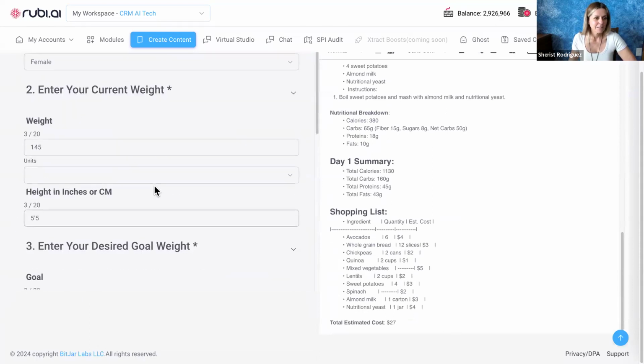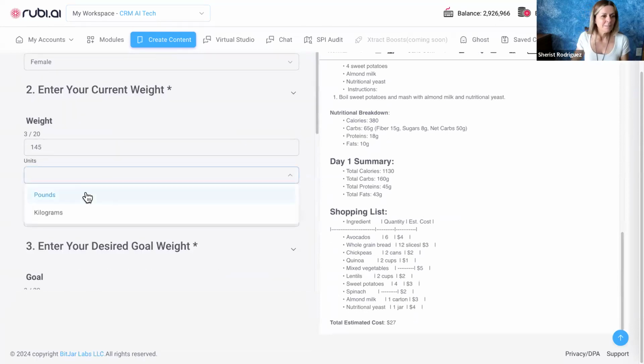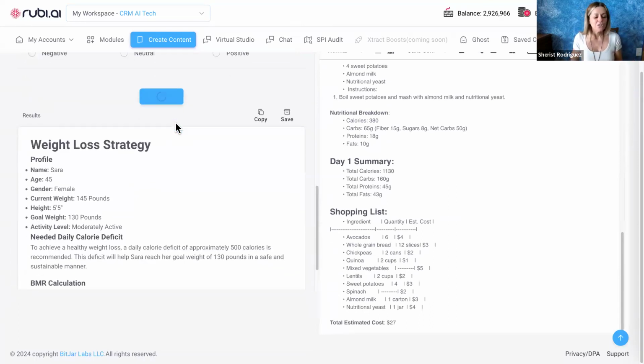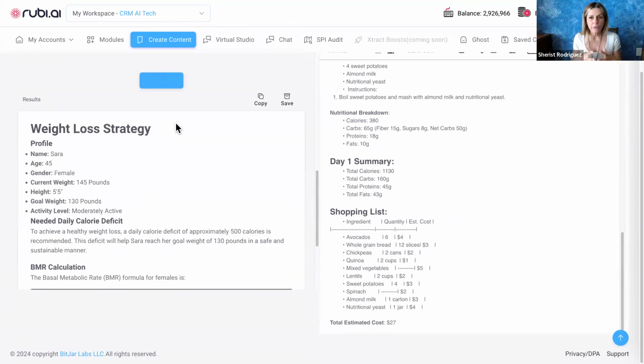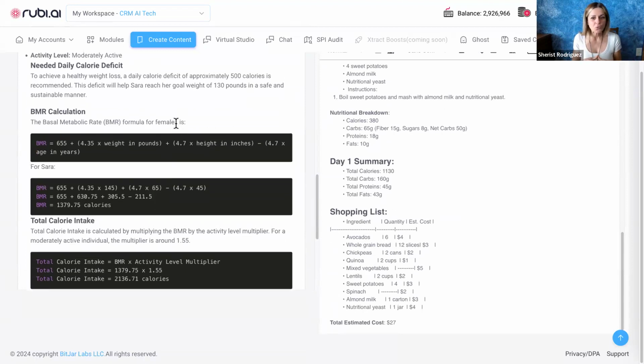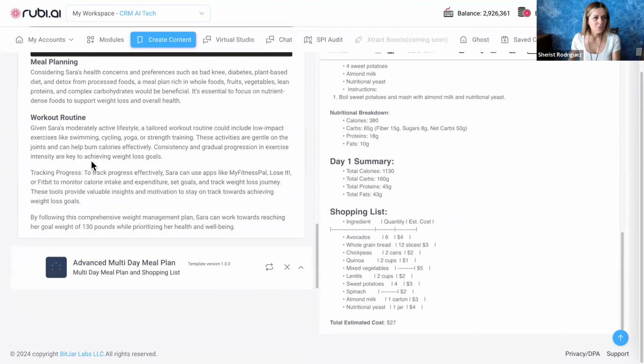Did I miss something? Oh, units. Oops, pounds. Okay. All right. So generate. There you go. So again, this is a good tool if you're in the health and wellness industry to use to